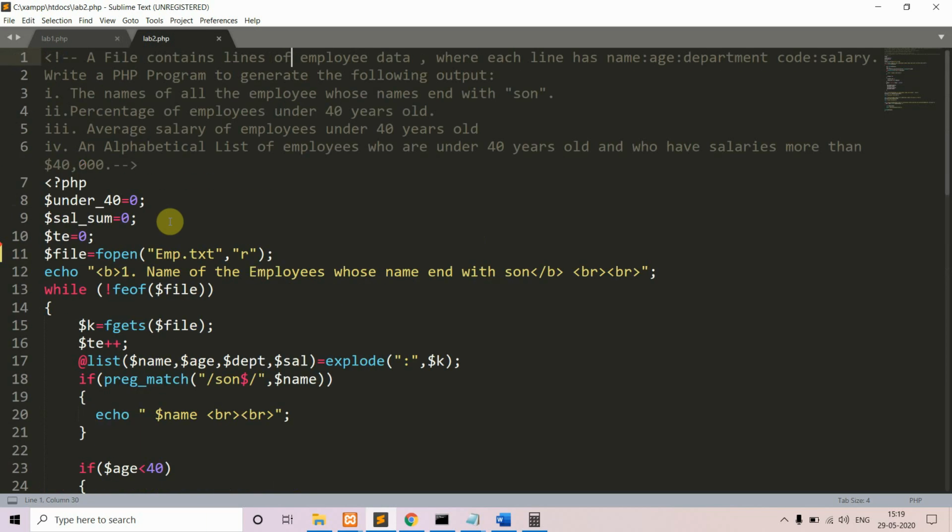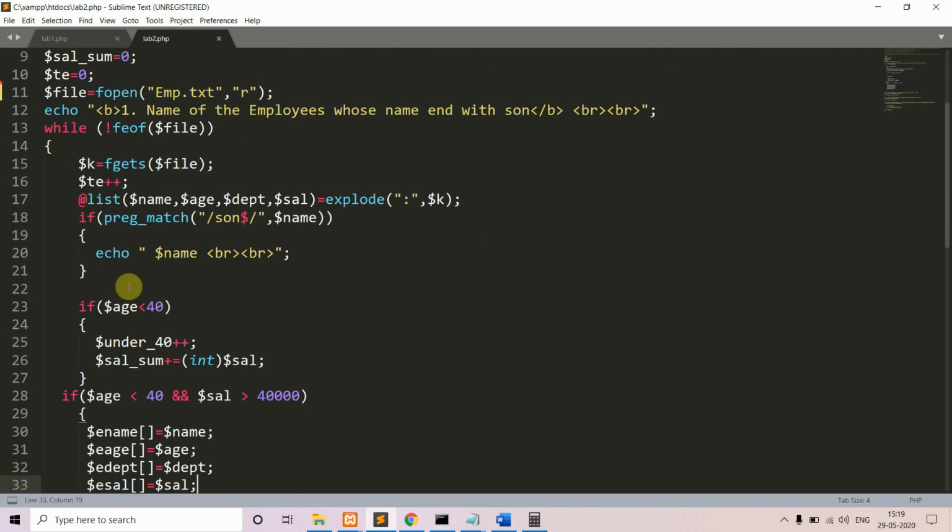That is a constraint here. If age is less than 40, then you're going to increment under40, which is a variable that keeps a count of how many employees have age less than 40.